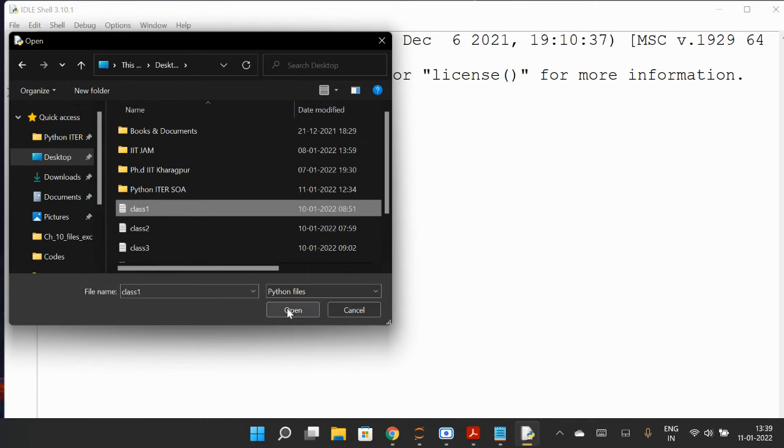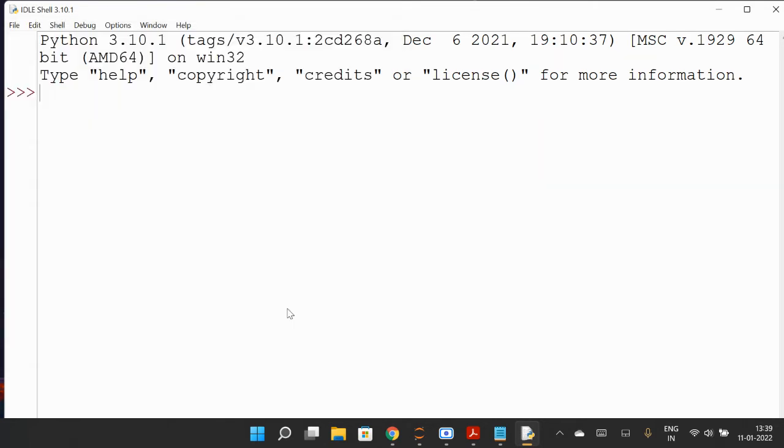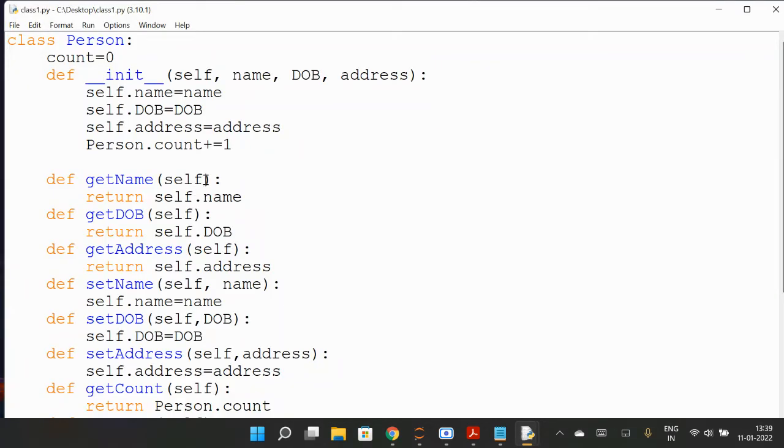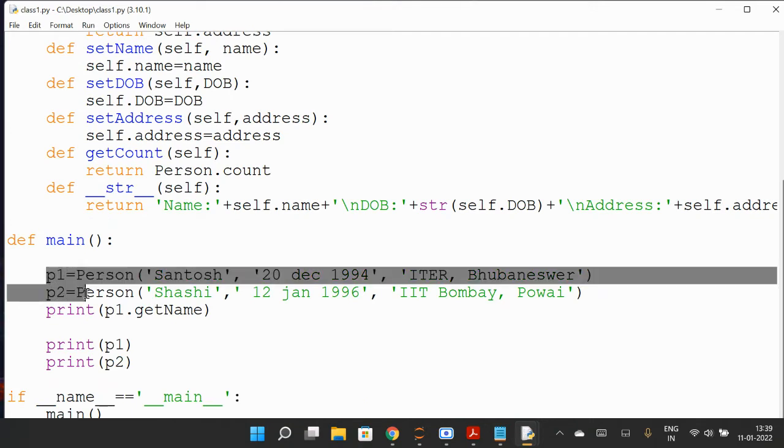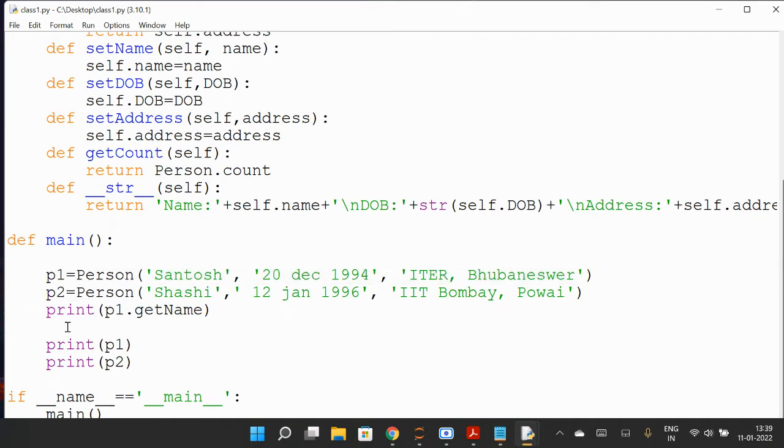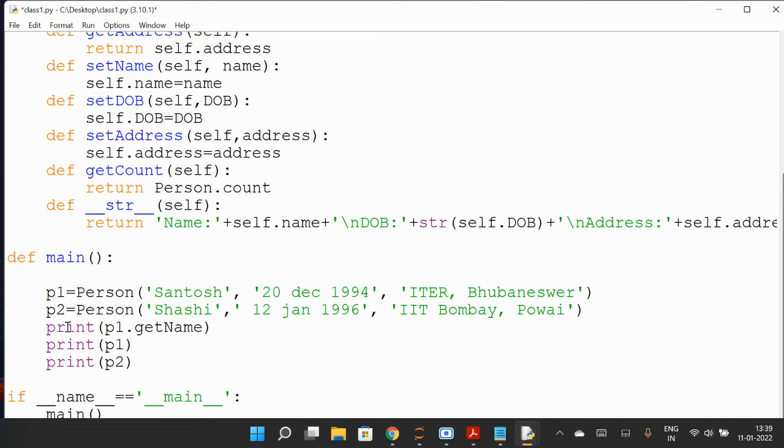Let me open this program. The name of the program is class one. Okay, I have saved it on the desktop. This is the same program we were doing. Creating an object with self, with these parameters, and the class name is person, and the rest of the things are the same. Just we have two persons here, two objects.